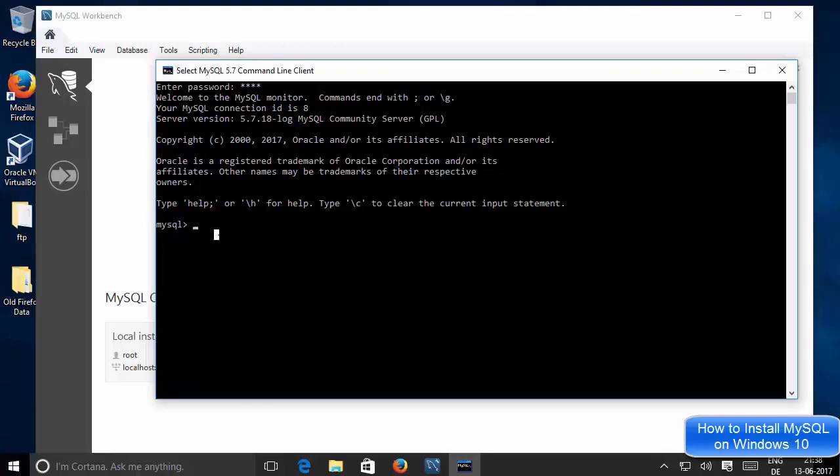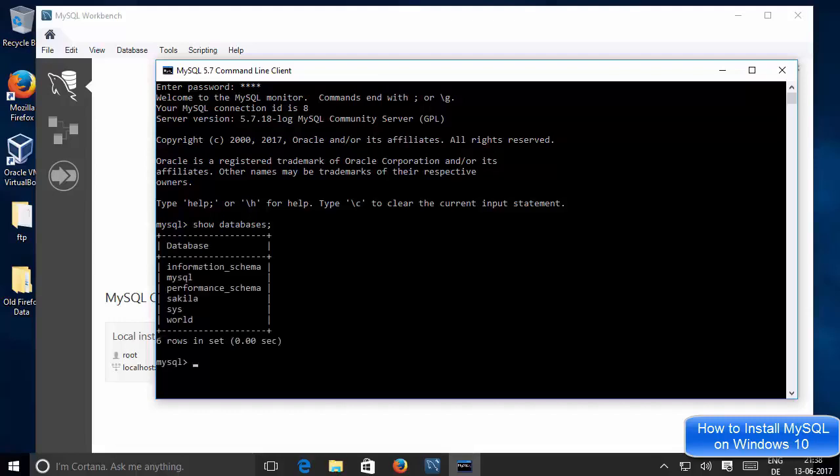So for example, when I write show databases and then semicolon and then press enter, it will show me the default databases which are present in my MySQL server, right? So for example, I want to select some database. I will select this database called world. So to select this database, I will just use this command, use, and then the database name.